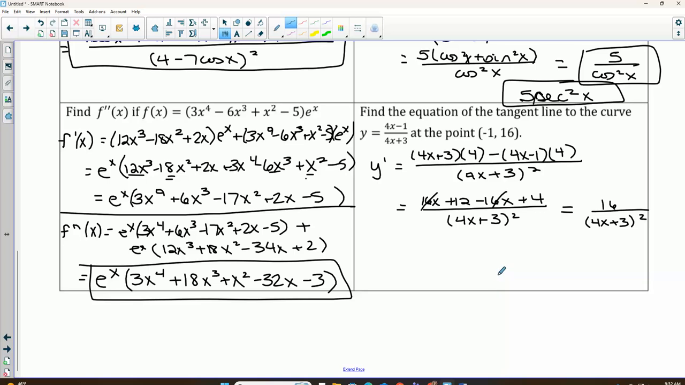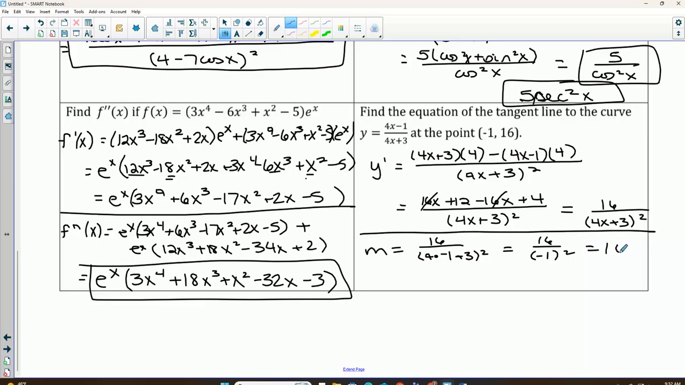Plug in your negative 1. 16 over negative 1 squared, which is 16. So then if we plug into y equals mx plus b, we get b equals 32, so our line is y equals 16x plus